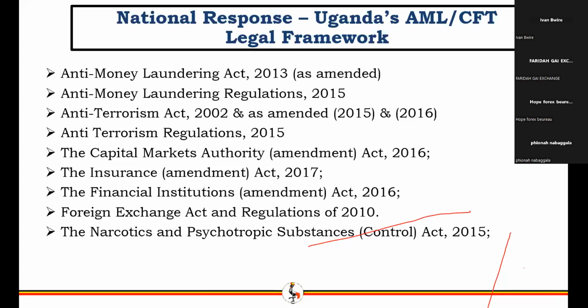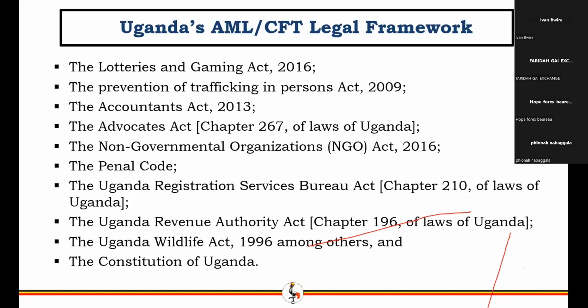the Anti-Money Laundering Act. For an insurance company listed under the Anti-Money Laundering Act as an accountable person, we rely on the Insurance Act for a definition of what is an insurance company. So whoever falls in that definition is an accountable person. Financial Institutions Act, the same. Whoever falls in that definition as per the Financial Institutions Act is an accountable person. So the rest of the pertinent acts guide on the definitions of who is an accountable person as listed in the Anti-Money Laundering Act.